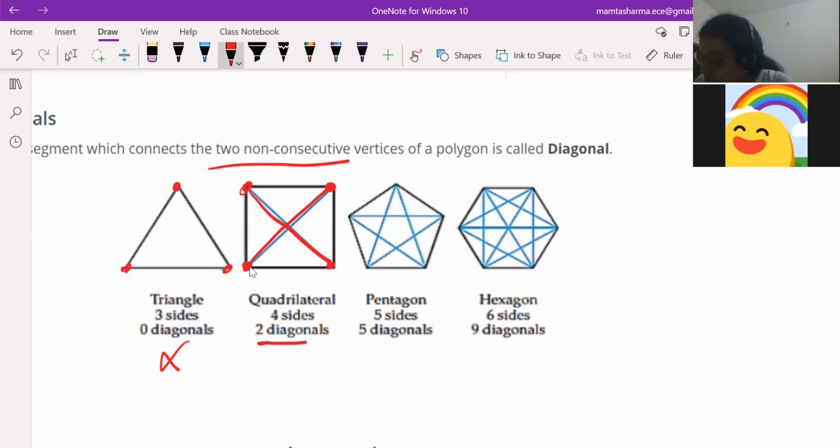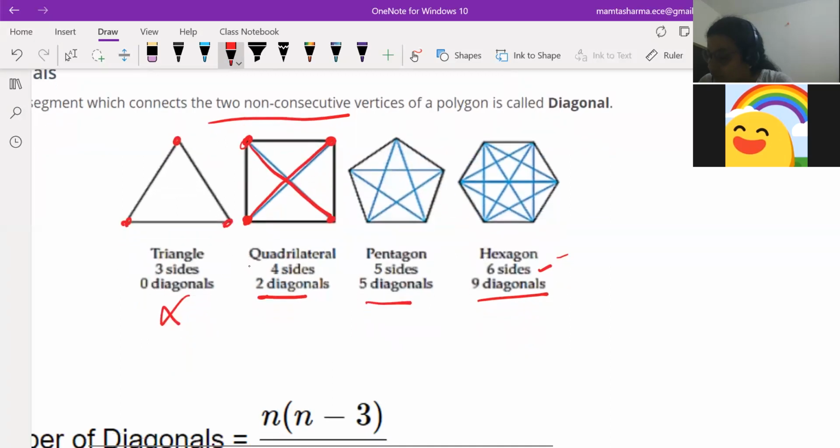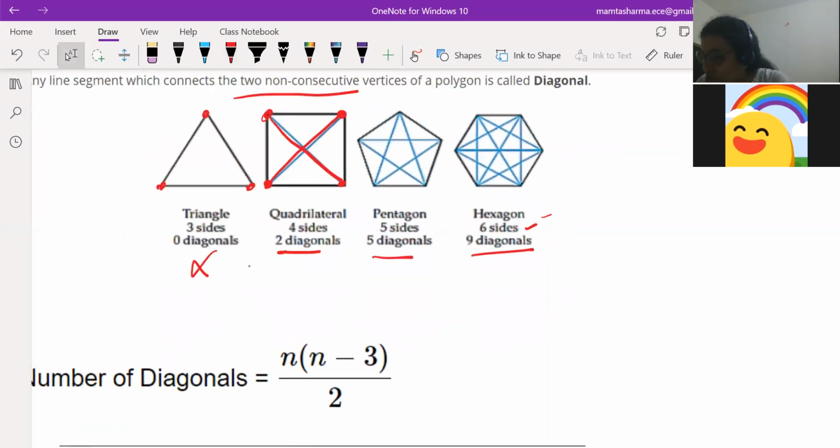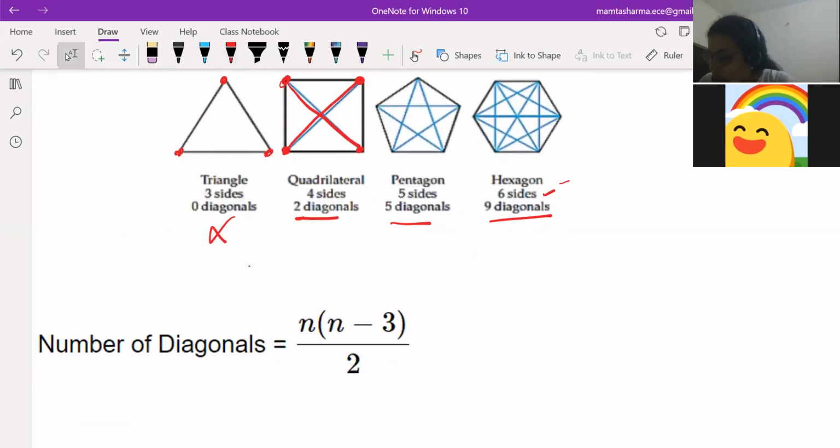Similarly, for the pentagon, the polygon which has 5 sides, we can draw 5 diagonals. And for a hexagon, a 6-sided polygon, we can draw 9 diagonals. You draw it at home and practice it. Now we can summarize in a formula how many diagonals can be formed